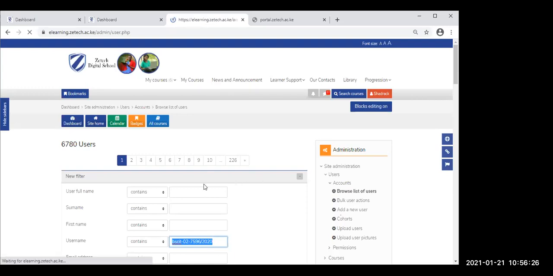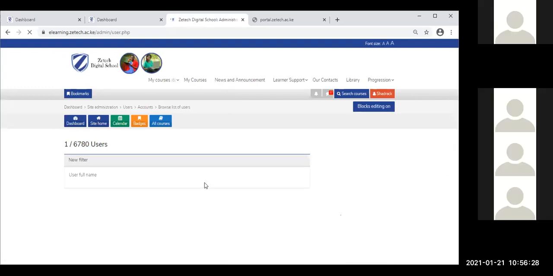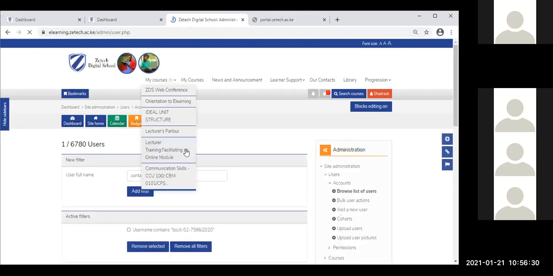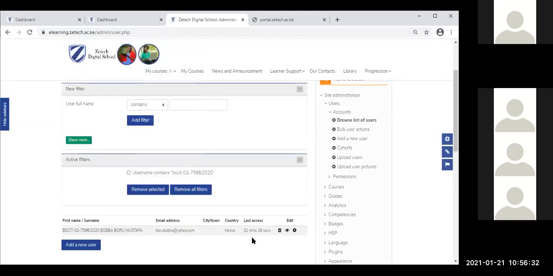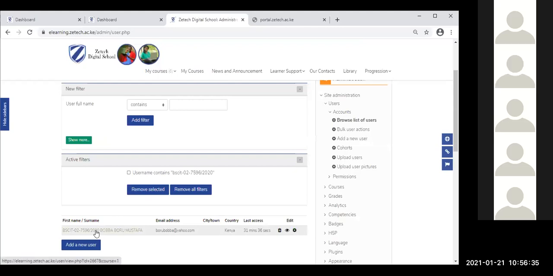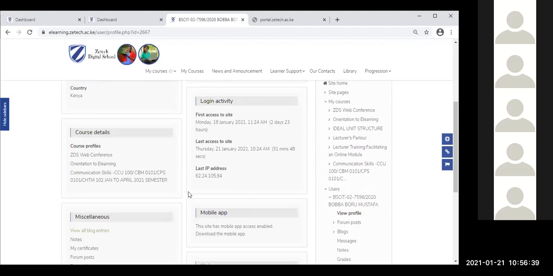Okay, let's see. This is a Boru. Yes. Mustafa, let me check. Which are the units that you are saying? These are the communication units. Yes, we are going to remove it. Don't worry, we're going to remove it because I said